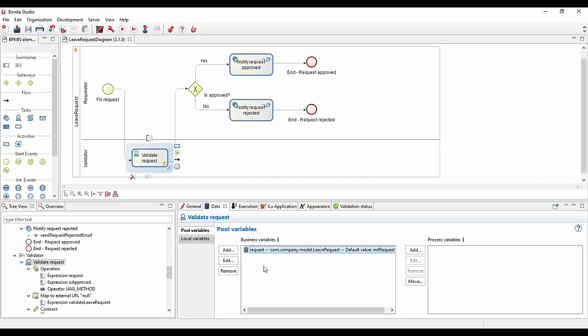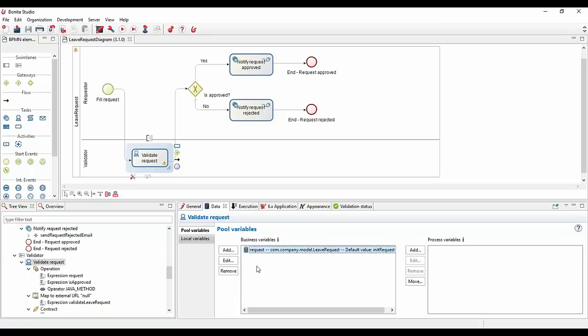The main point of using BDM is actually to leverage this nice integration. You don't have to go out of the studio to make sure that you have this BDM set up and integrated well in the process. If you want to have your business data outside of this BDM feature, then you will have to use connectors, and these connectors will be helpful to synchronize the information between your process and your database.